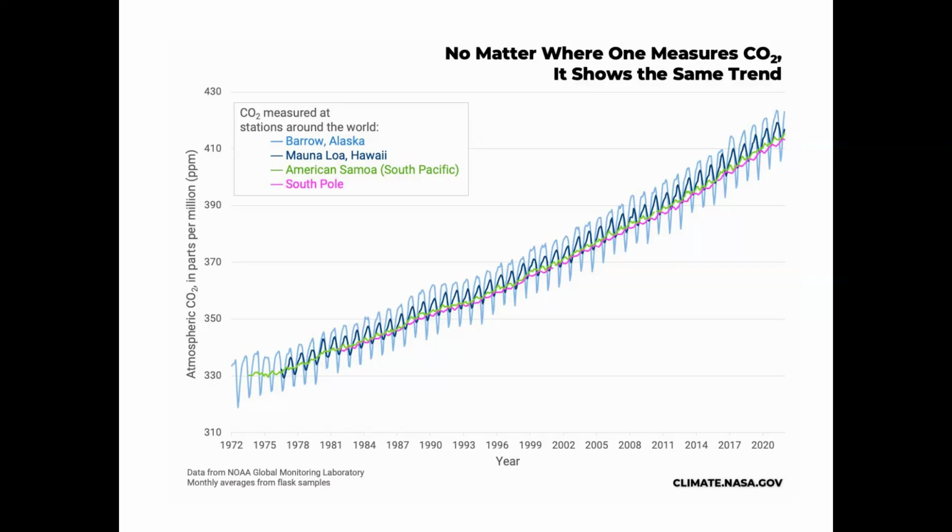And in every case, now this starts more recently because these other stations weren't in place all the way back in 1958, but they pick up in 1972, 1973, and 1976 or 77, and then they start measuring the amount of atmospheric carbon dioxide, once again in parts per million by volume. And you can see that all of them document that same rise through time in this particular greenhouse gas.